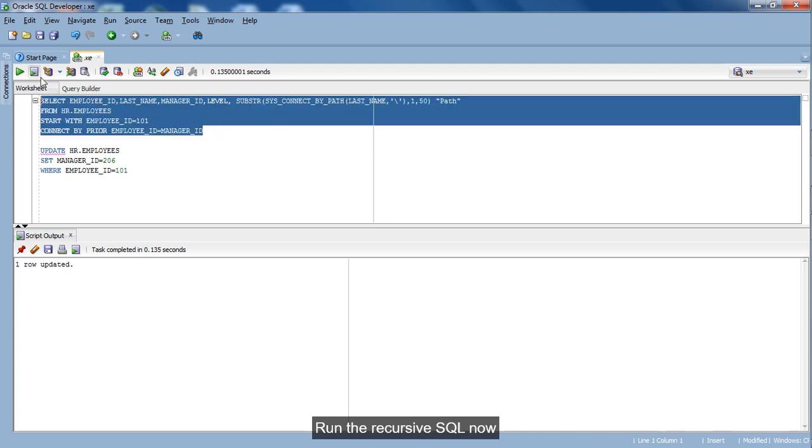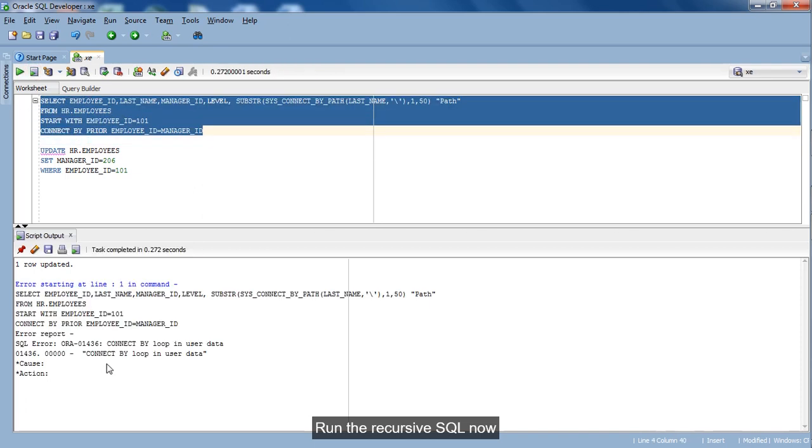Run the same SQL now. It is completing in error.